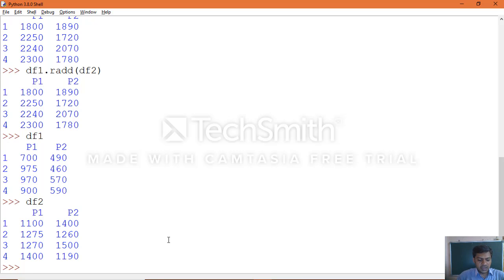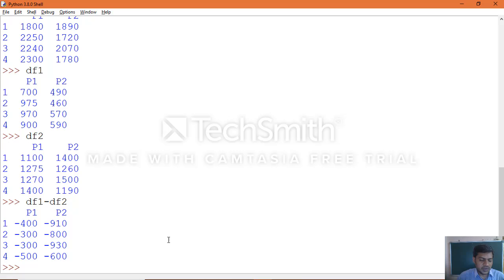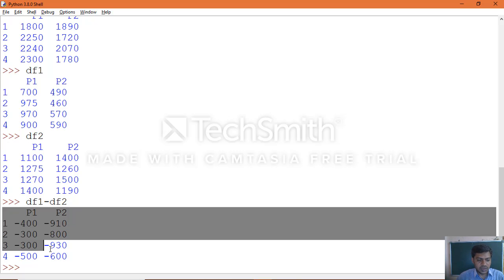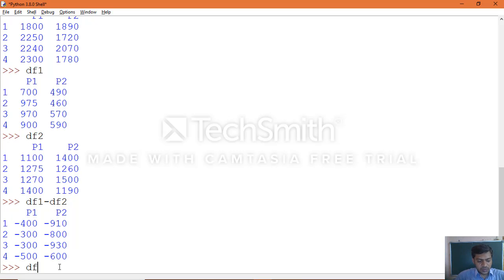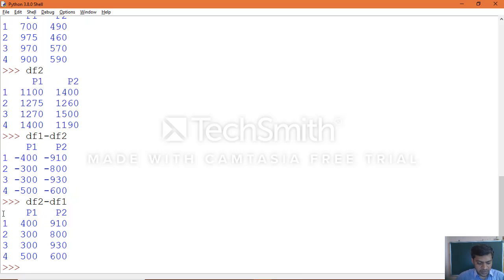We want to have the differences here as positive numbers. For example, if I say df1 minus df2, you can see negative numbers. Okay, so we want to show as a positive number how much more team 2 has compared with team 1 in each round, the difference value. It's not negative, it is a positive number. So how can we do that? You need to do team 2 minus team 1, that is data frame object 2 minus data frame object 1. Yes, this is the way you need to work.